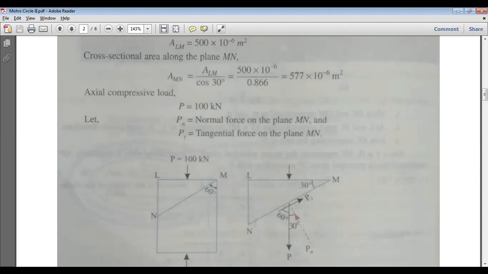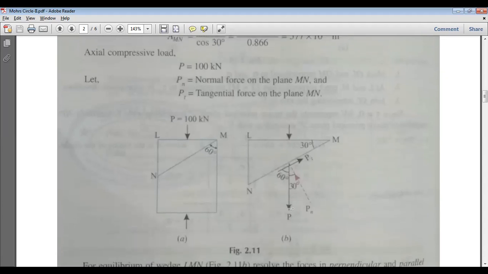Why we have taken this? It is so simple, because if you see the compressive force and tangential force will result in a force that is acting inside this direction, otherwise this will act in this direction, and this is not balanced by anyone. So this must be compressive in nature. So for making this compressive nature, we have to make the normal force coming into the face MN.